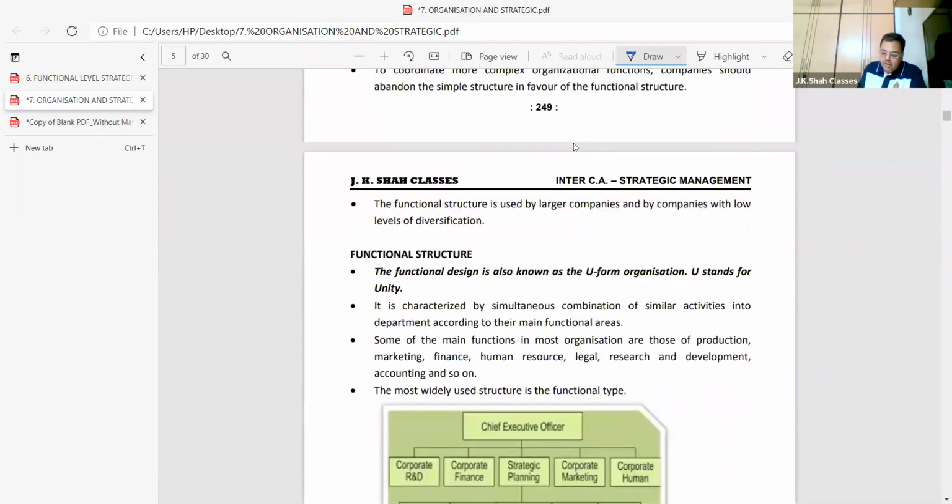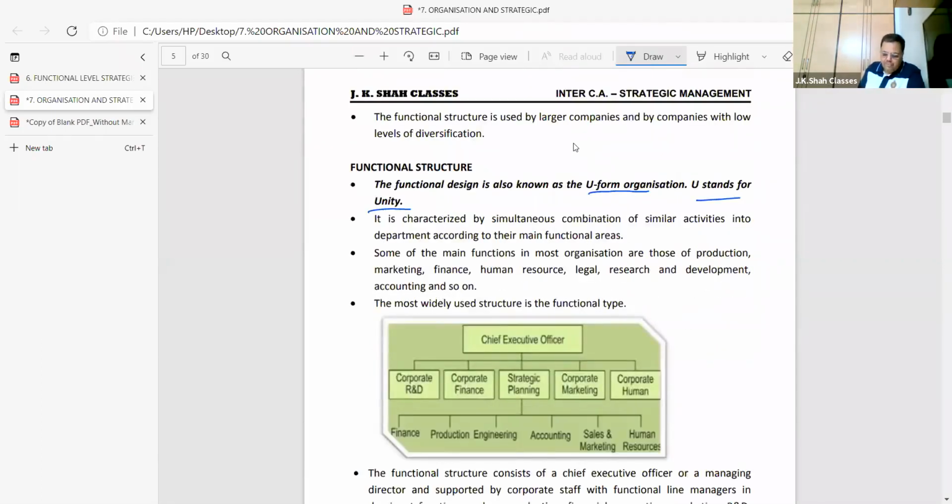Functional structure is the U form organization. U stands for unity. Unity, I said, what? When there are many functions to be performed, I said there should be coordination between all the departments. The day commerce accounts professors start saying accounts is more important than tax, then the tax teacher would say tax is more important. Then such organizations don't prosper. What is more important is the child is more important. He should be getting good marks in all the subjects. That thinking should come in.